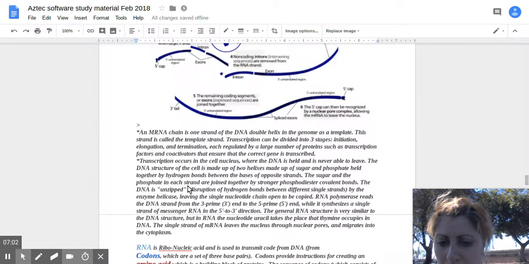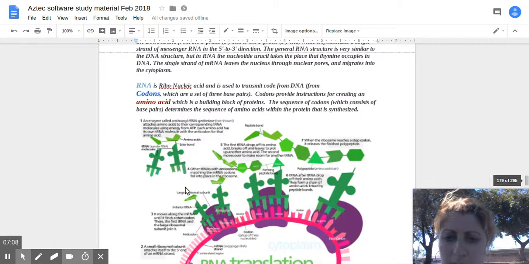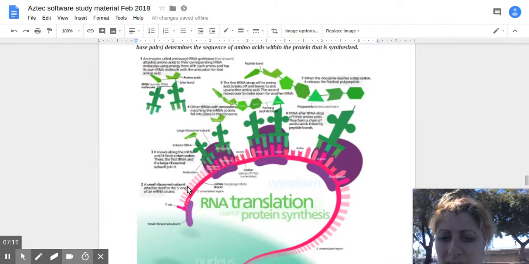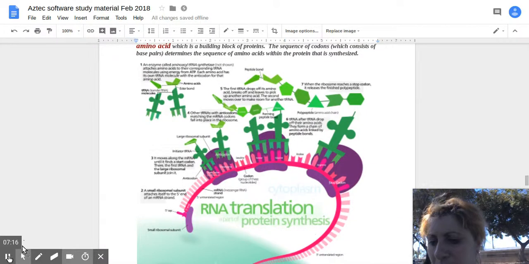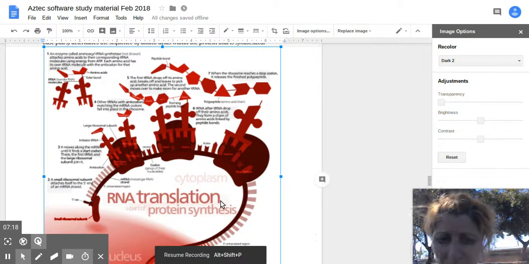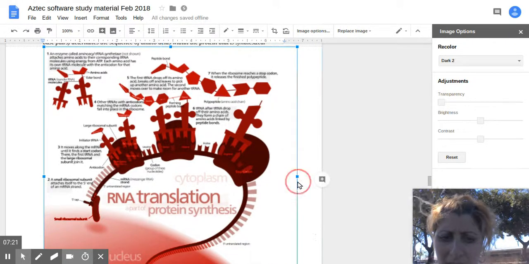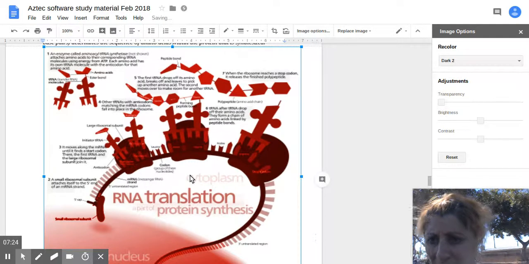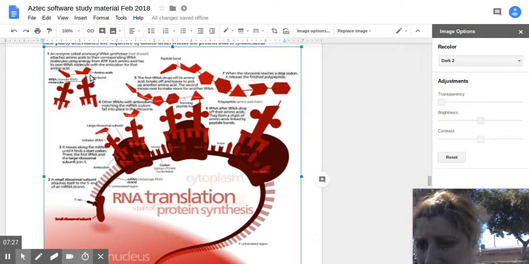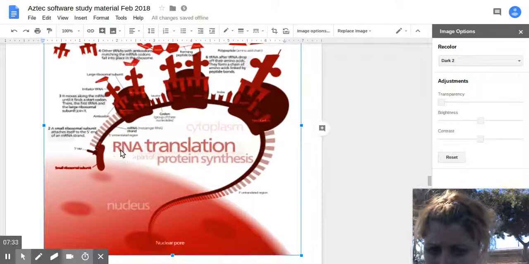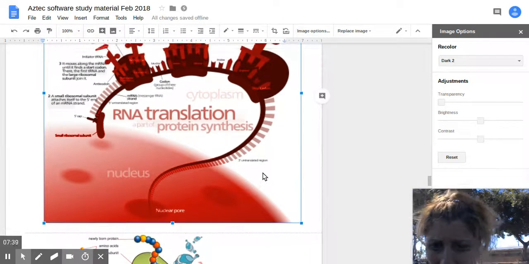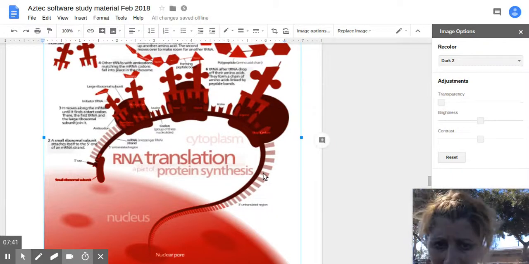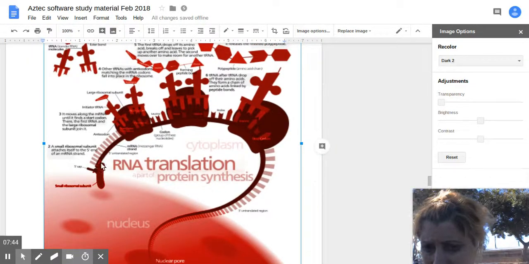So then, let's see here. What is this showing? Okay, so this is showing translation. So, it says, let's see. From the nucleus, the mRNA exits through the nuclear pore. So the RNA sequence is this one, mRNA,